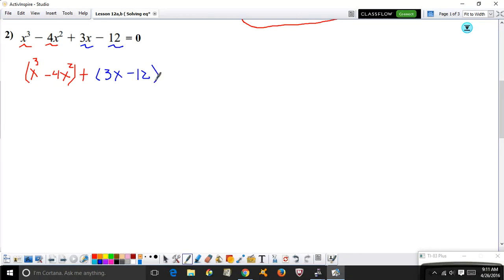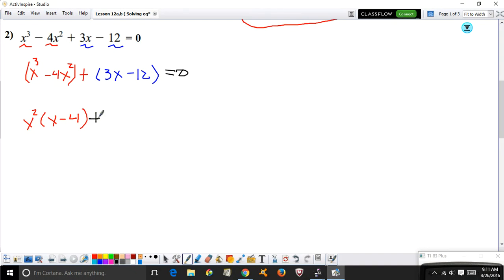3x minus 12 equal to 0. Okay, so I group them. I have not done anything to the equation. I just grouped them. Now let's look at the red expression, or the red group. What is the greatest common factor here? What is the greatest thing that I can factor out? Well, I see that I can factor out an x squared. So I can rewrite the red group as x squared times x minus 4,